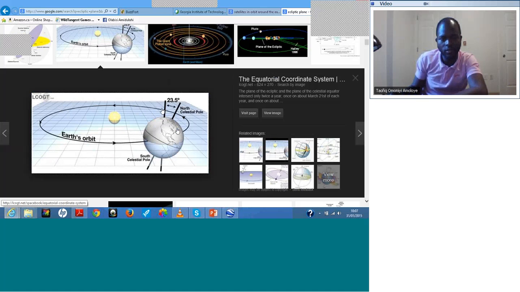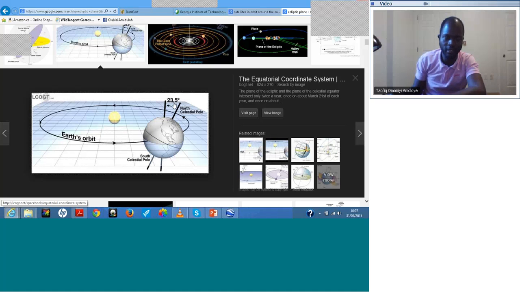So in 2 dimensions, we are looking at the orbital plane of the Earth. That's the ecliptic plane. It's not perfectly coincident with the equatorial plane of the Earth. That is, the equator is inclined to the ecliptic plane by this amount,